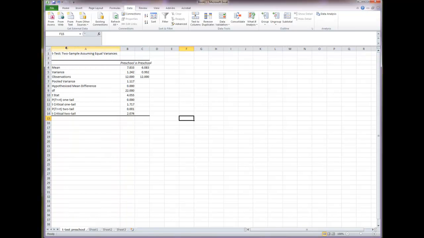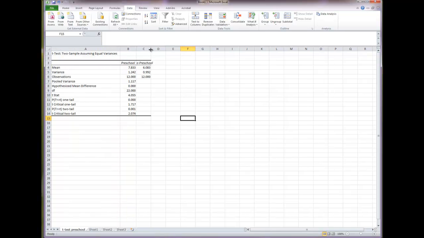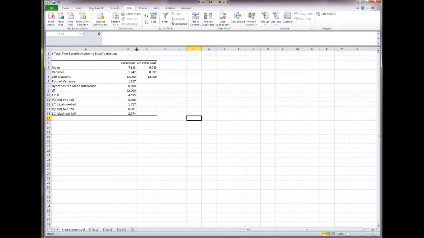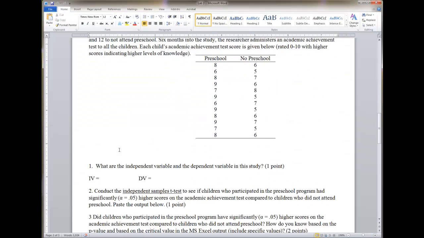And then I can double-click the double-sided arrow in between each column to automatically make the width match the content in each cell for that column. Okay, so now you can copy this. So just highlight it, hit Control C to copy, go to your lab assignment